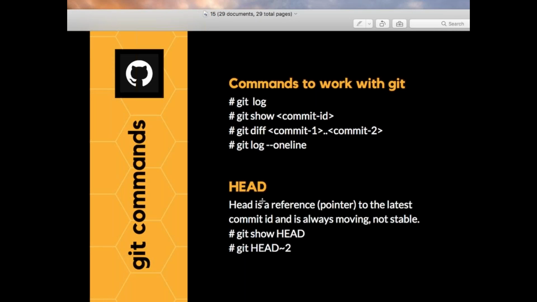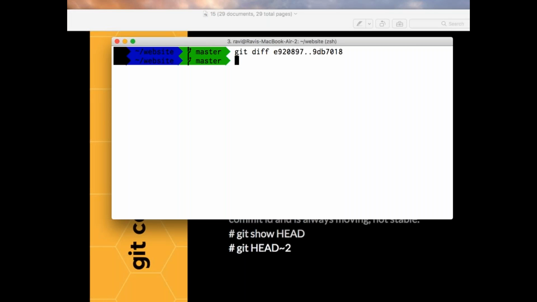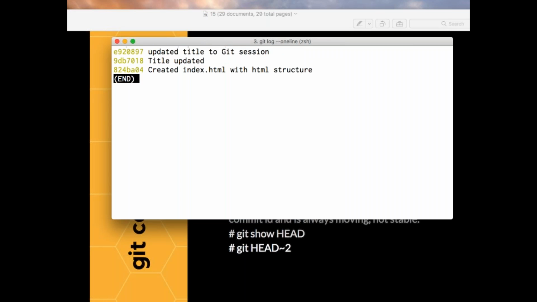Whenever I say git show with the commit number, right? What it is doing is placing your HEAD here and showing what happened at this point of time. Whenever I say git show second commit, it is placing your HEAD at this point and showing what has happened here. Now I'll say git log --oneline.